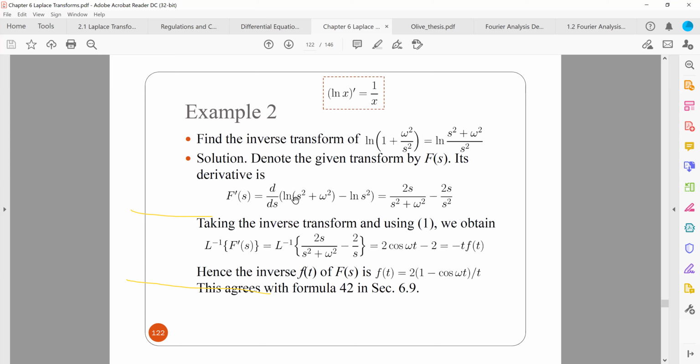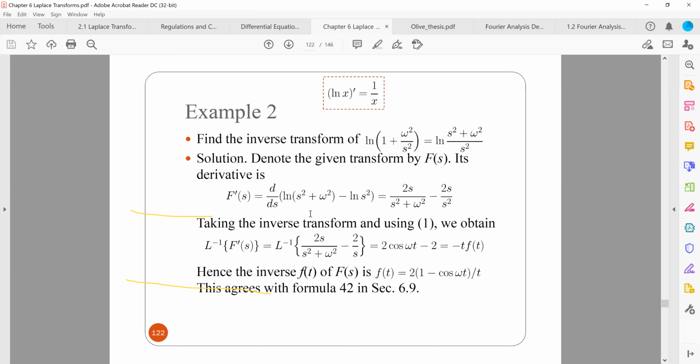Anyway, we apply that in here and we end up with ln of s squared plus omega squared minus ln of s squared. If you differentiate these terms, you'll end up with something close to things that we are familiar with. If you differentiate ln x, you end up with 1 over x. So if you differentiate ln of s squared plus omega squared, you'll end up with,